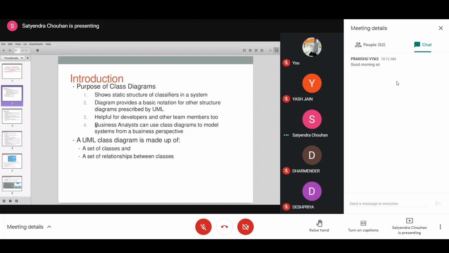So normally business analysts use the class diagram to model the system from a business perspective, to see the overall idea of the software. Normally it is made up of two things: a set of classes and a set of relationships between the classes. So there are two things involved in creating a class diagram.